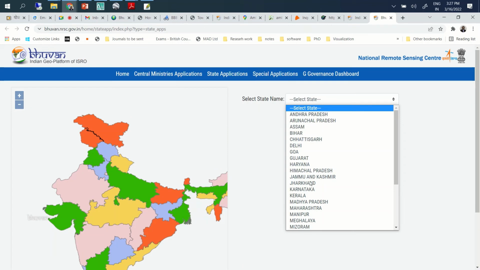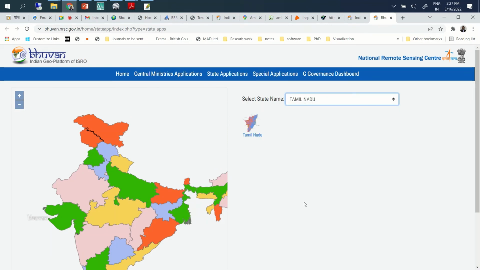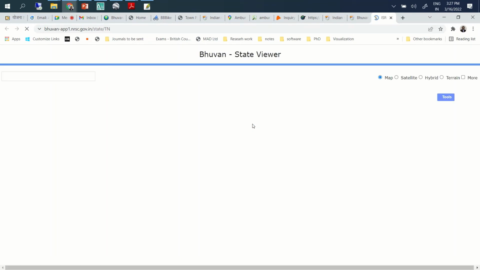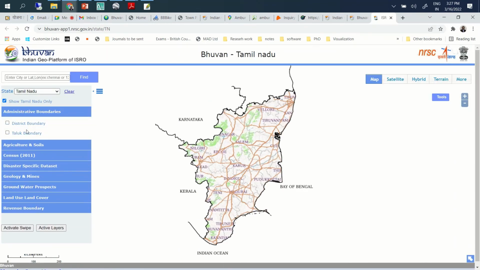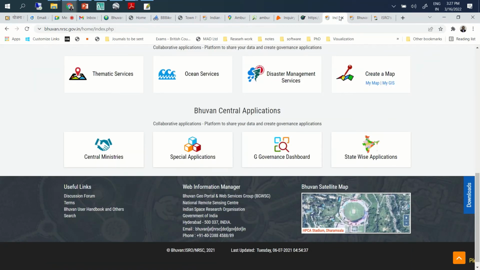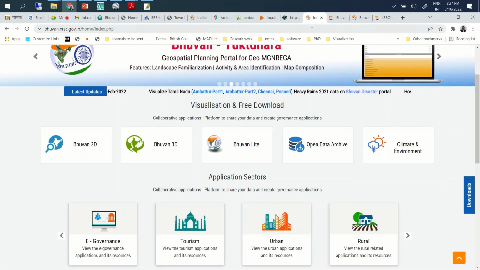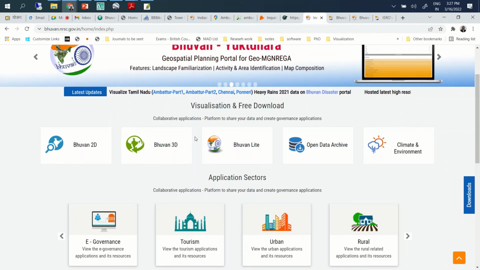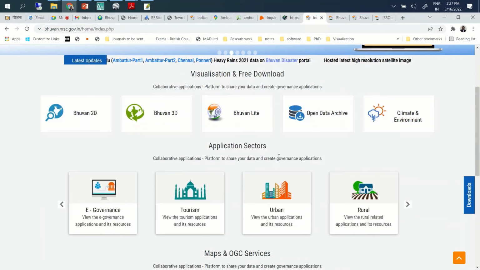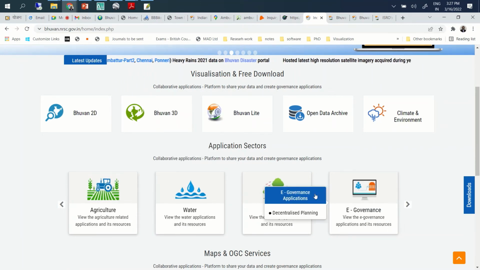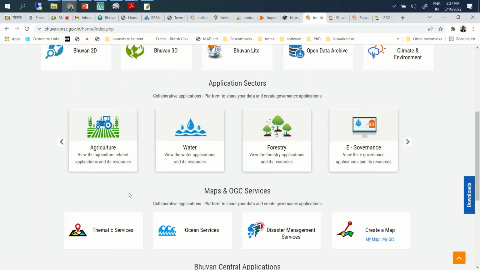Bhuvan Lite also has information that can be checked. Primarily, this portal has information that will be useful for us, and you can see different layers in that.